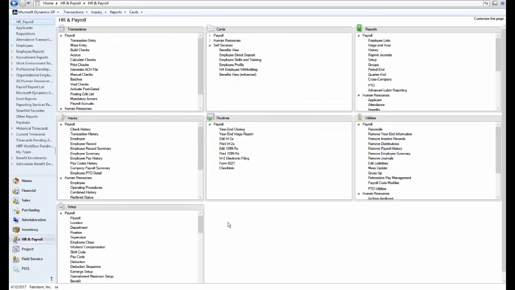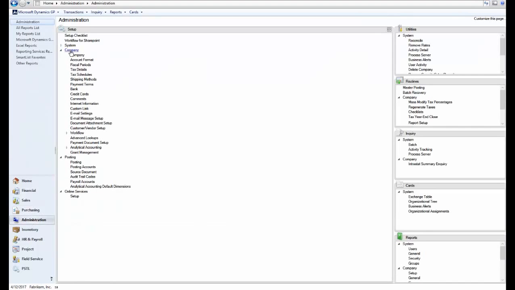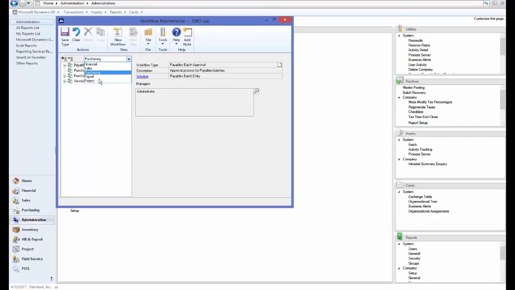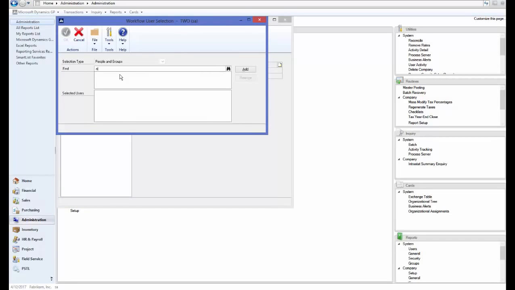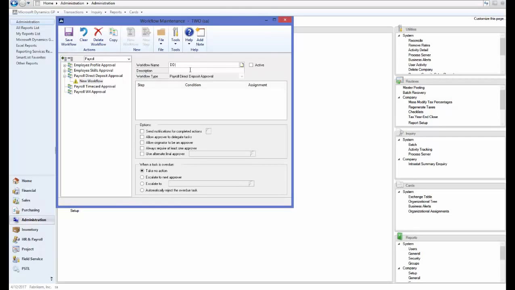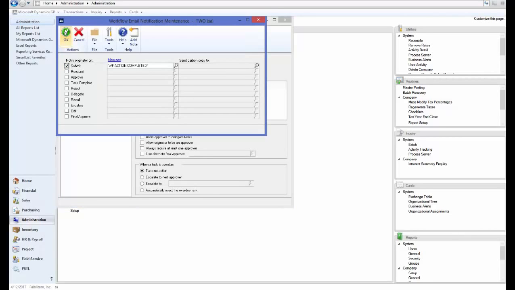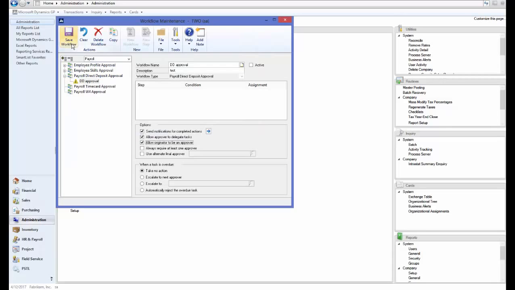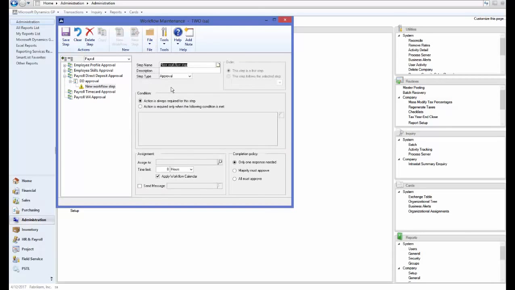In GP 2015, to enable the direct deposit workflow, go under the Administration, Company, Workflow, Workflow Maintenance, Payroll Series, Direct Deposit, select your manager, click Save, click New Workflow, create a workflow name, select your options, click Save, New Step, create a step,